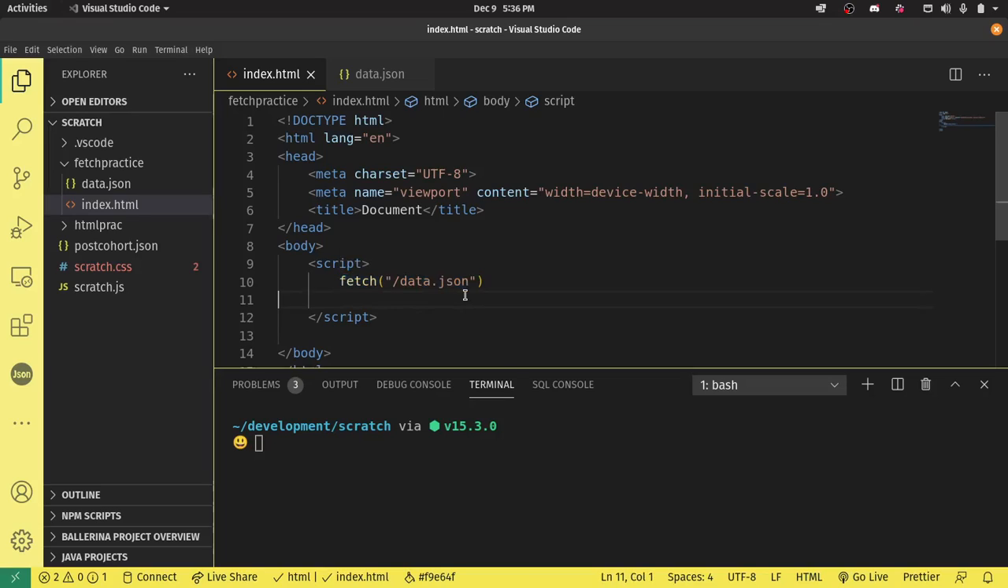So basically, if I did this, like if I go, hey, I want my data to equal the result of fetch, watch what happens. If I console log data,